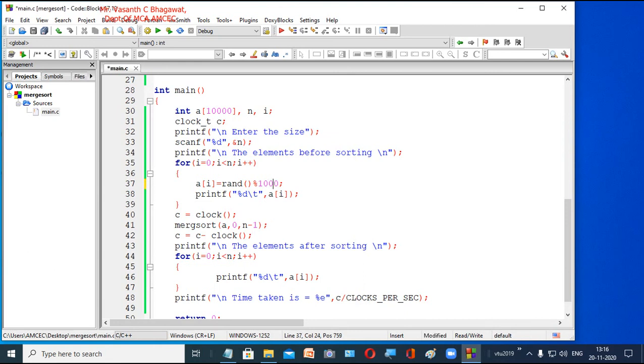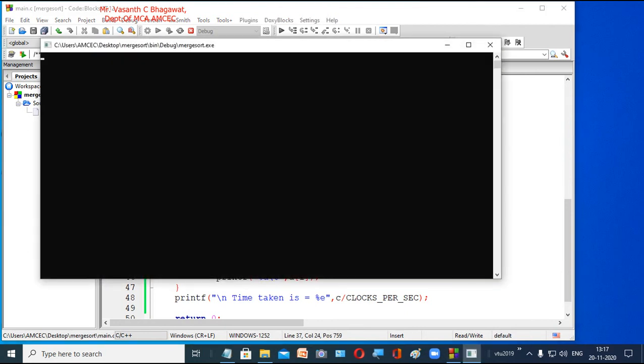Now suppose you increase it to 1000, so I equals random mod 1000. Now we'll see what is the difference by just adding one 0. That means we should get randomly generated numbers from 000 to 999. It might be a single digit number, a 2-digit number, or at most a 3-digit number. The largest number this function generates will be less than 1000. So let us give 500 numbers.